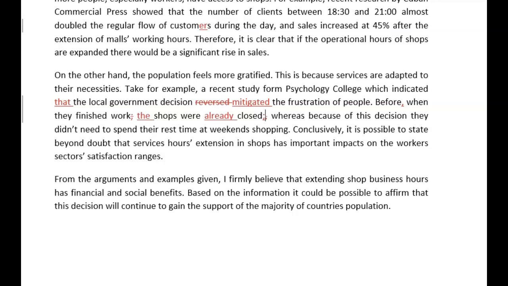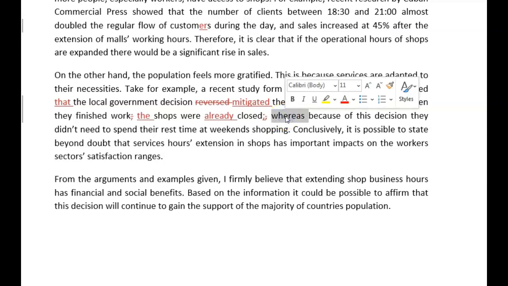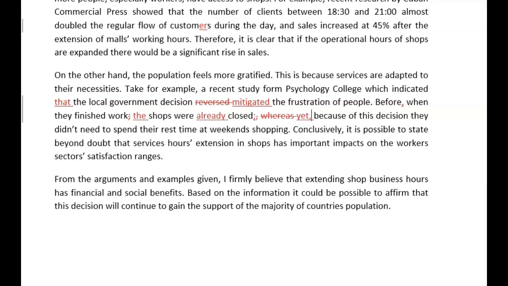Okay, and you need the semicolon here. Not whereas. Because look, we have whereas and we have because, and the two of them together don't really work well. Perhaps you could use a conjunction here: yet, because of this decision, they didn't need to spend. Who is they? If you say they, you refer to the shops, because this is how English language structure works. Because of this decision, the